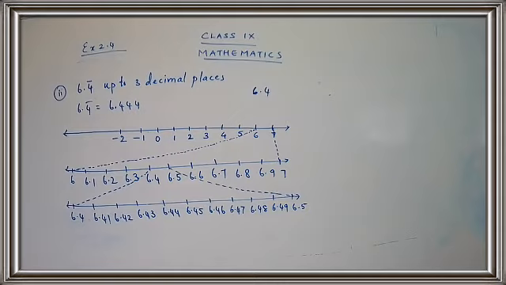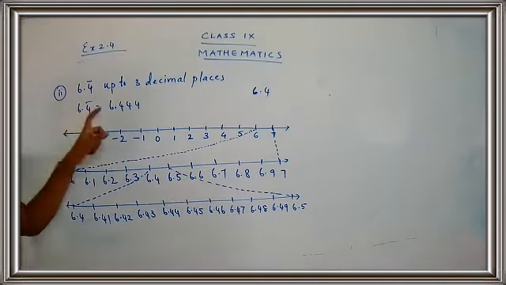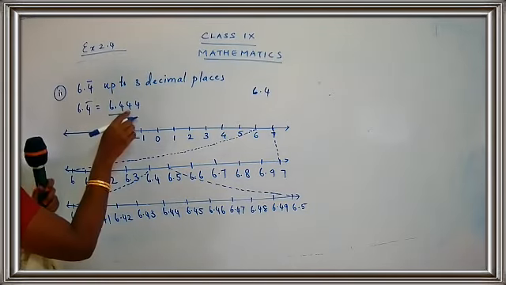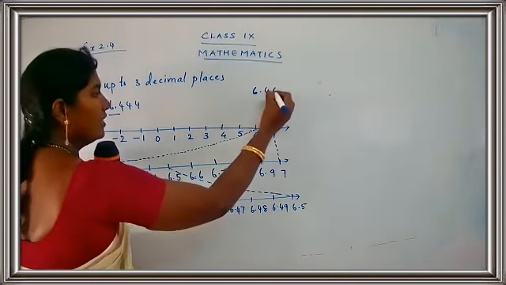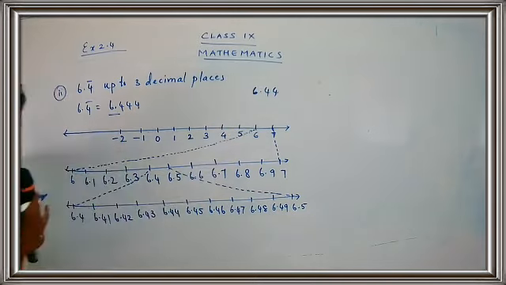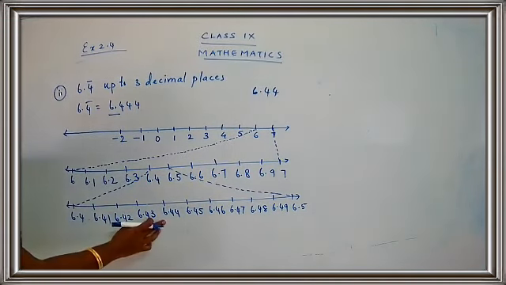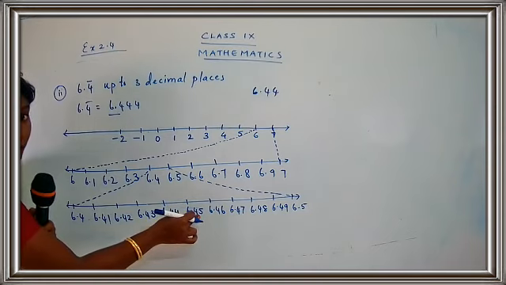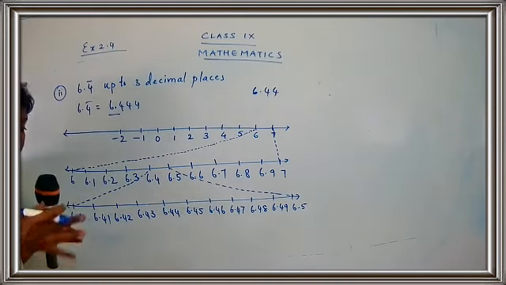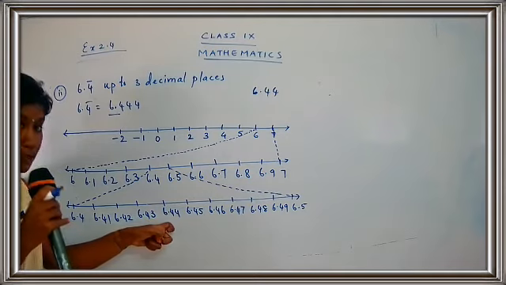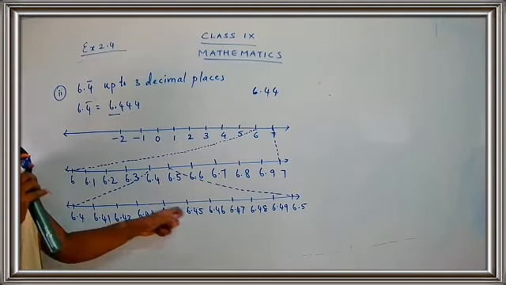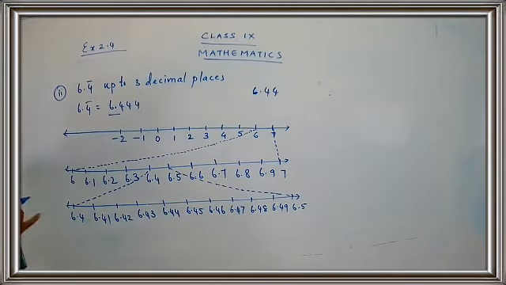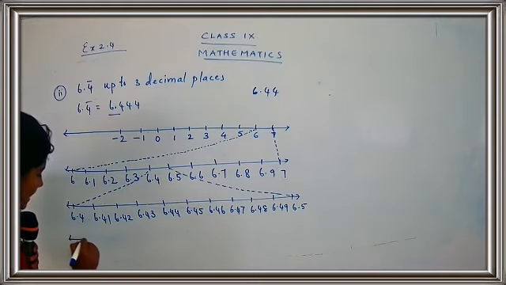Okay. Shall we move further? Now we have completed 6.4, yes? Now what is the next number? It's 44. So write down here 6.44. Now where is 6.44, children? Yeah, I found it here. What is the next number? 6.45. So which area are you going to magnify? You're going to magnify 6.44 and 6.45. Let's magnify these two. Come on. So draw a number line.